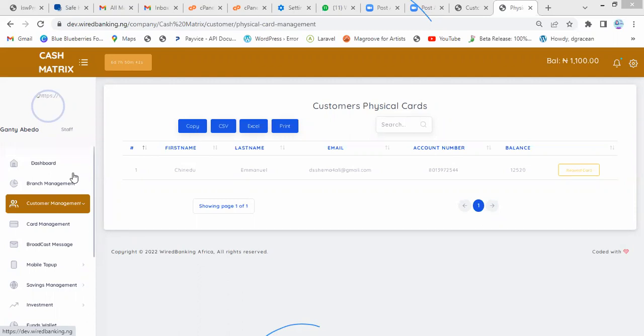core banking app, just like the regular core banking app. So we are going to be customizing it in your name, right? So your customers do not need to download Wired Banking. Your customers need to download your name. However, on the back end, it's Wired Banking that you're operating. But right now, we're giving you a seamless